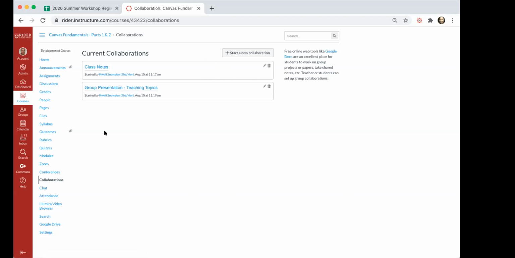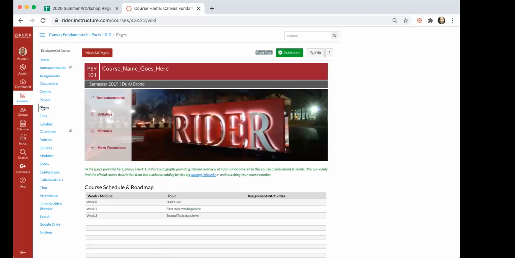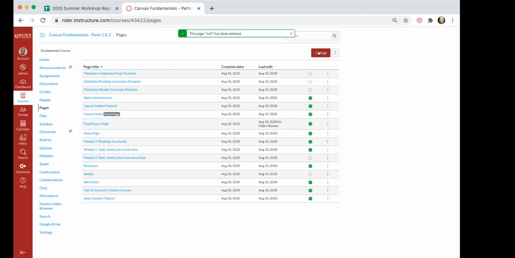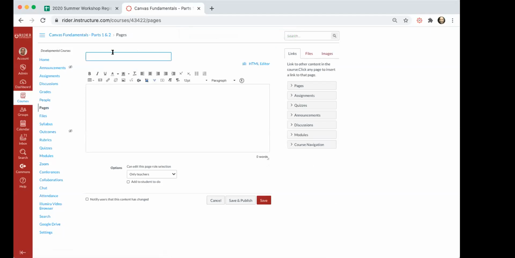So if you're not going to do it using the collaborations route, maybe you want to embed a spreadsheet in a page and allow students to be able to go in and edit that from that page, and you'd add that to your modules area. So again, I'm just going to view all pages. I'm going to create a new page,